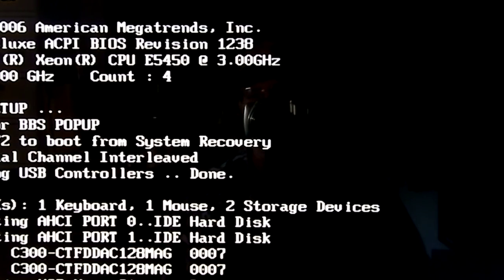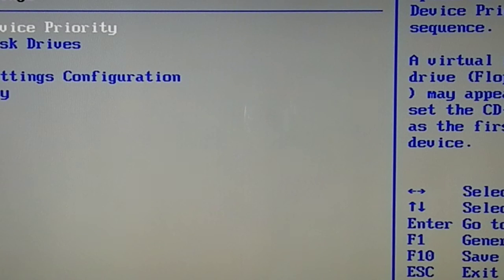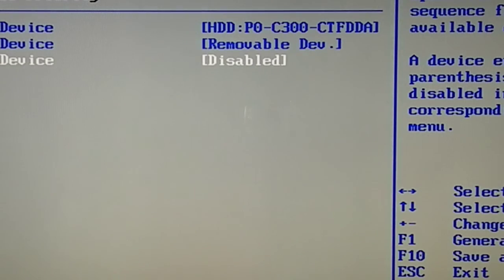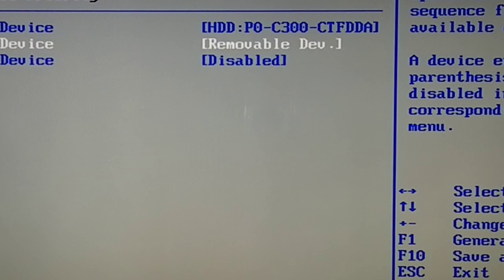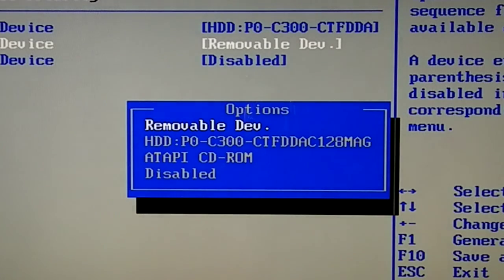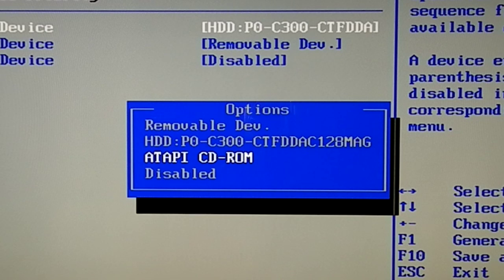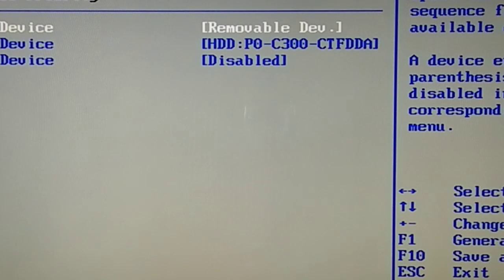Here, I'll just go into setup, even though I normally don't do this myself. Boot. You want your boot device to be your DUET. Oh, where is it? There it is. Okay. Anyways,